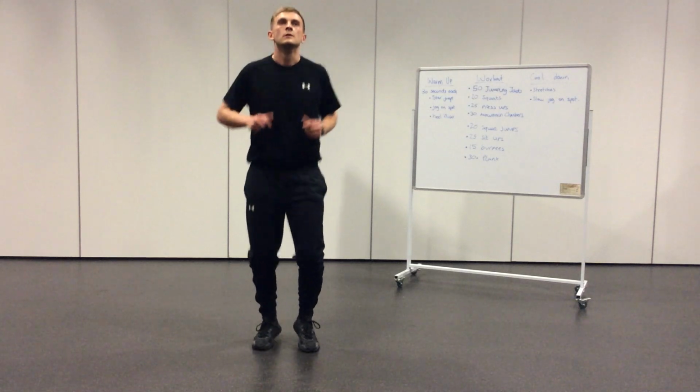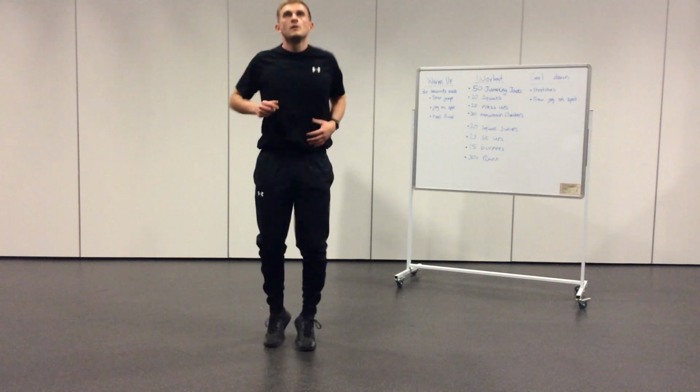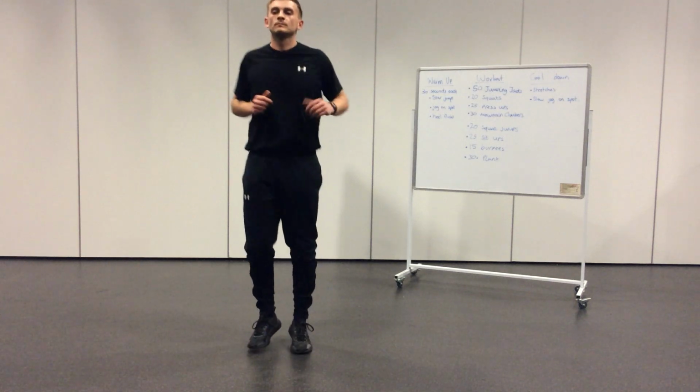Question 3, where can you find the bicep? Question 4, where in the body would you find the quadriceps? Question 5, what is the correct term for the kneecap? Question 6, name a